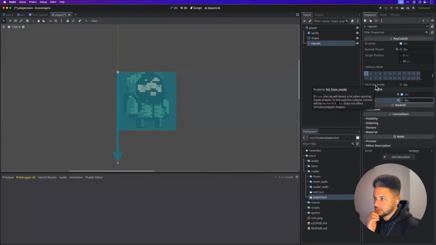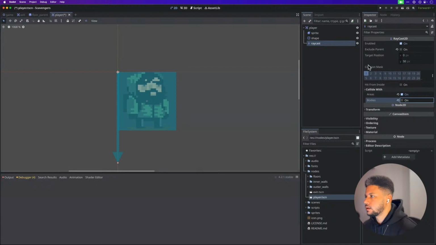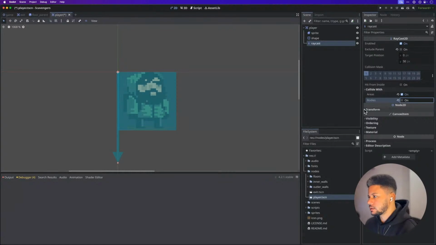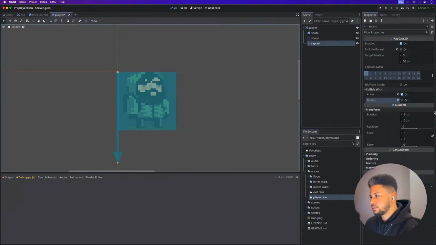In this case, the collision normal does not affect concave shapes. I don't think we'll have that case for hits from inside. Exclude parent: if true, the parent node will be excluded from collision detection. Yes, we want that. Okay, so the origin position is going to be at 16,